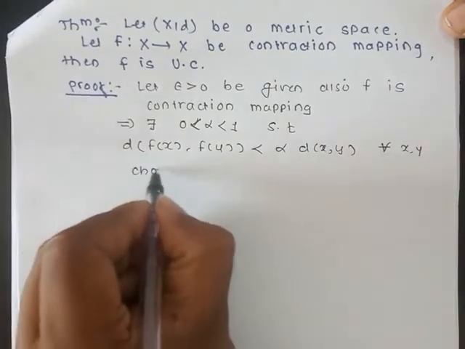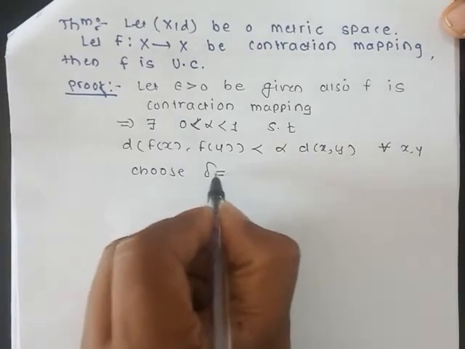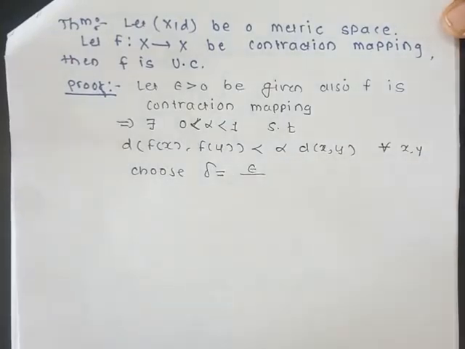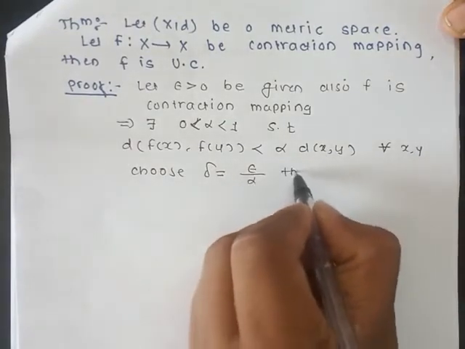Now choose delta equal to epsilon upon alpha, then